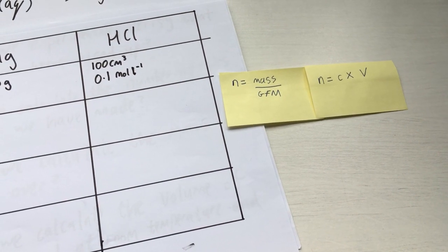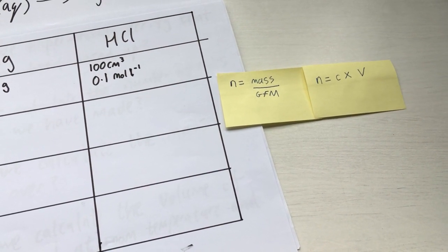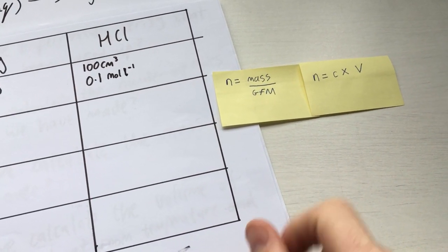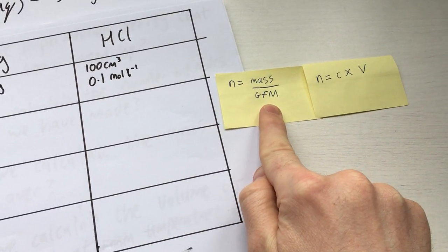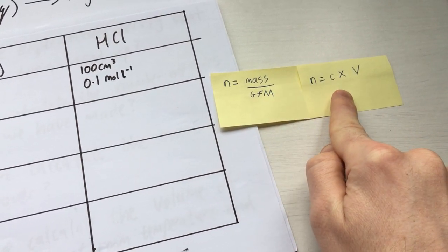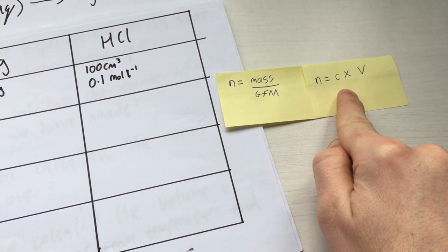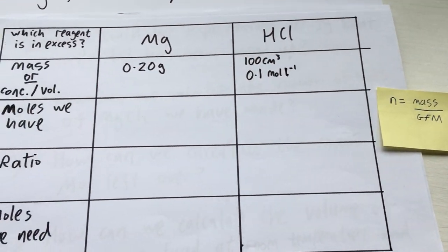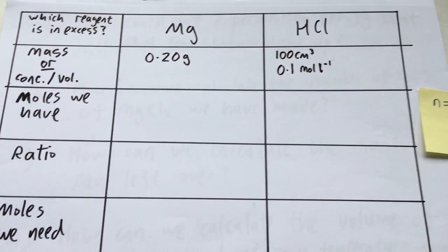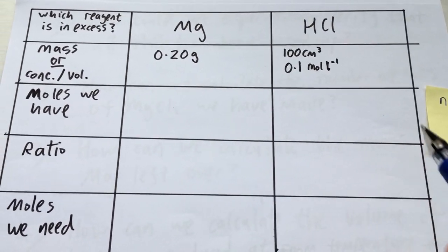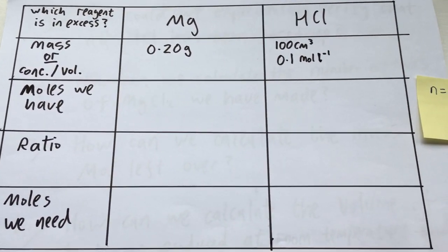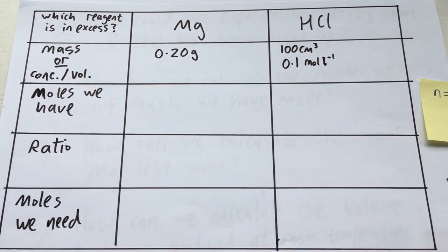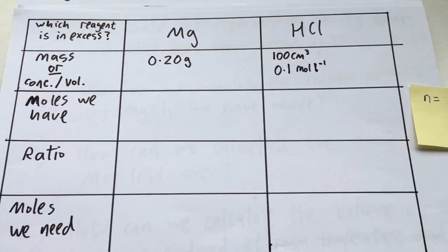Okay, so these are both equations that should be fairly familiar to you, but if they're not, go and have a check on them. This is what we're going to use if we're given the mass, and this is what we're going to use if we're given the concentration and volume. Okay, so coming back to actually doing that calculation, the first thing we're going to do is just work out how many moles we have of the two